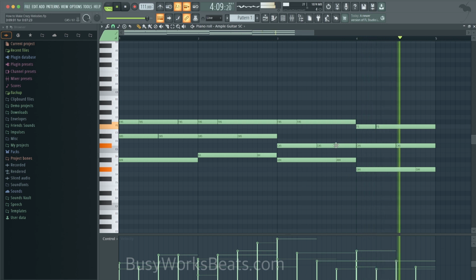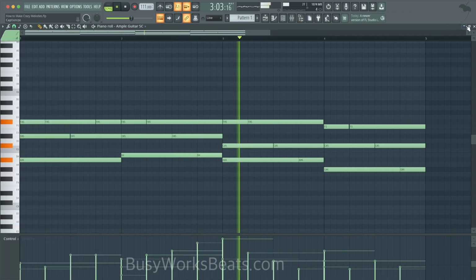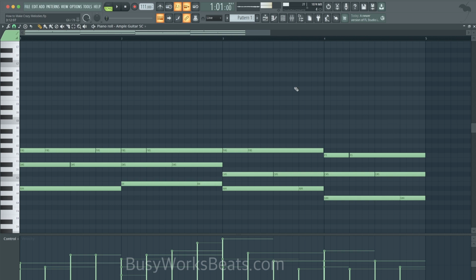So that was a good one right there. I think because we have the vibrato, it's not triggering so heavily on this one. It's my guess. So that's how you would do it.